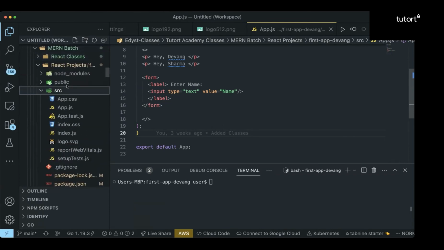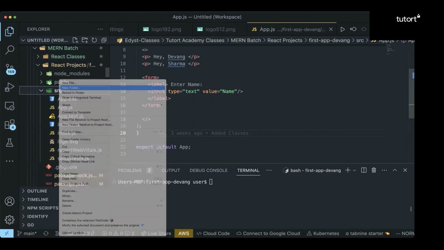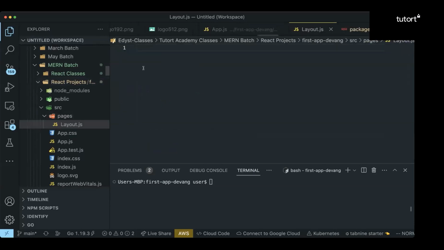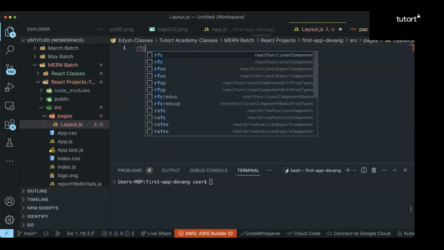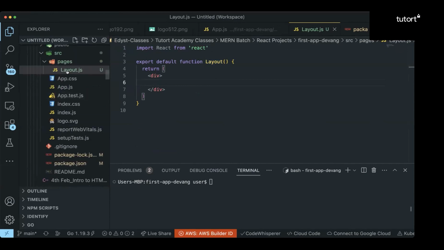I'm going to right click and say new folder. I want you to create a new folder named pages. Inside pages, I want you to create several different files. So new file, layout.js, so RFC, React functional component. A few files I want you to create: layout.js,